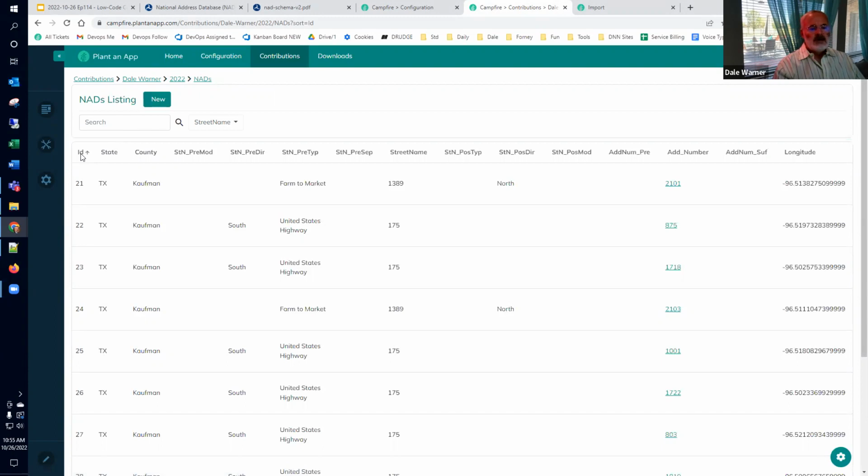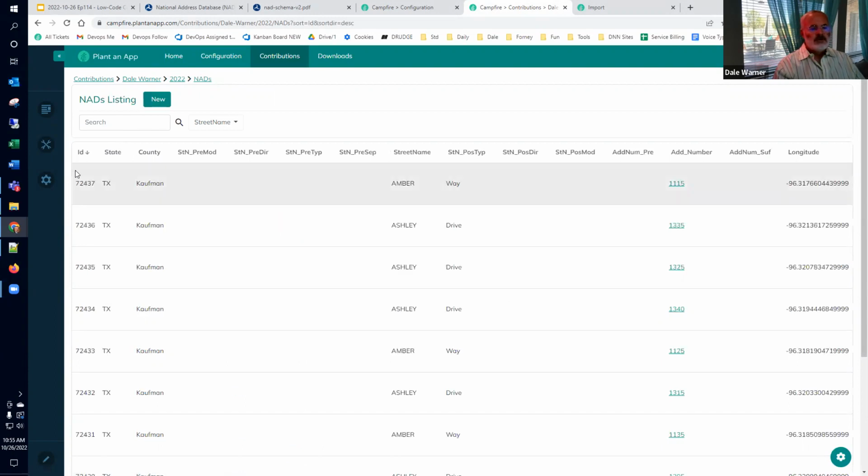So we added the ability to sort this, and so I'm sorting it now descending, and so we see we have more than 72,000 record IDs, up into the 72,000. So that kind of aligns with the number of records we expected to get. We have our data that we can search for,